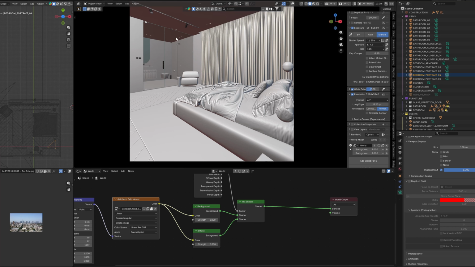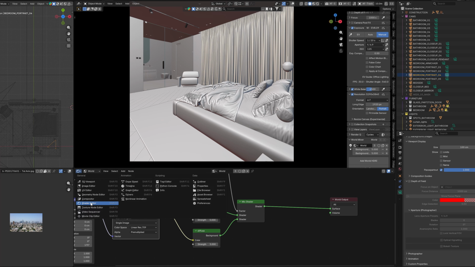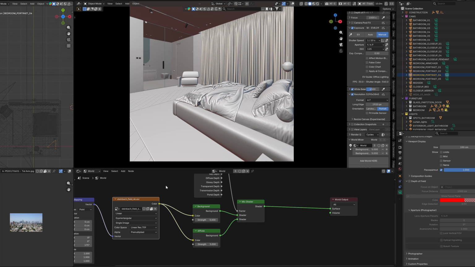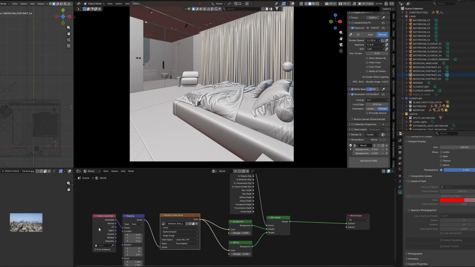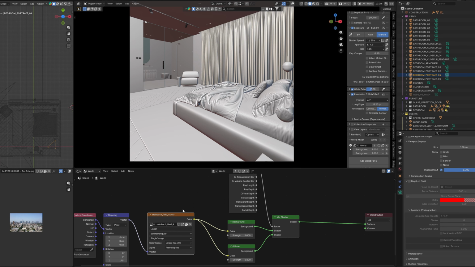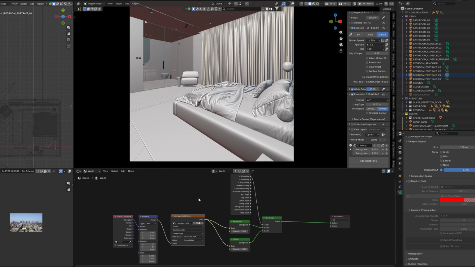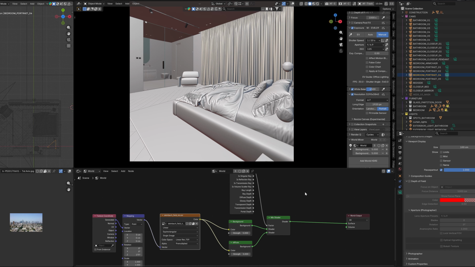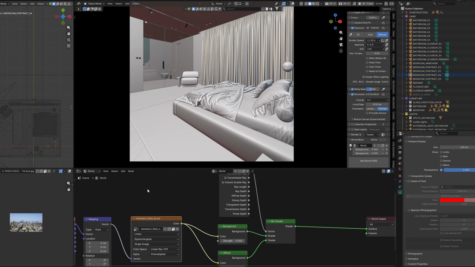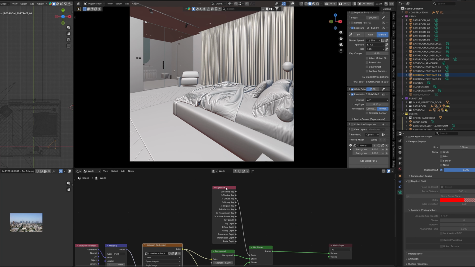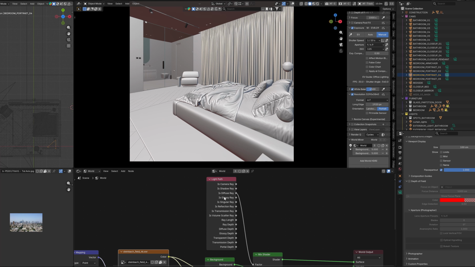Now if we go to the shader editor, the world tab, then we can see the main light source here is the HDRI. So this is the whole lighting setup that I used in this scene. Most of the time my lighting setup will be very similar because I will always use this light path. The only difference is that sometimes I will use the camera ray for the background image, and then I will